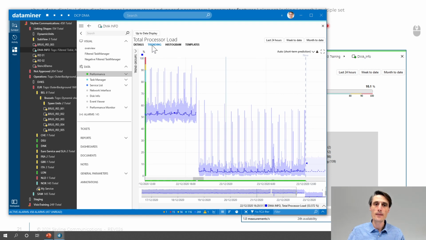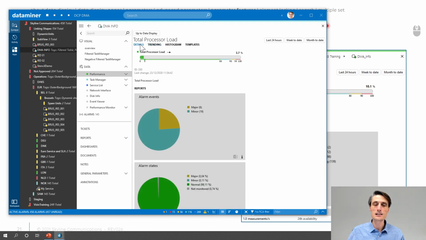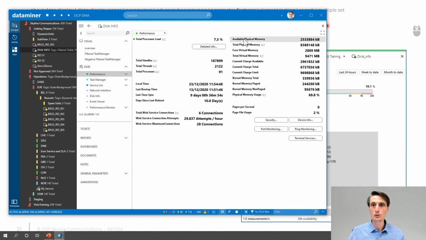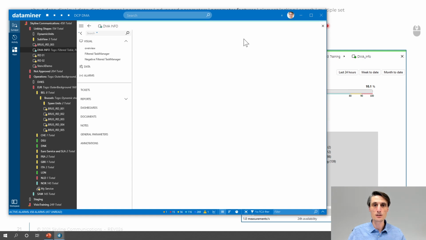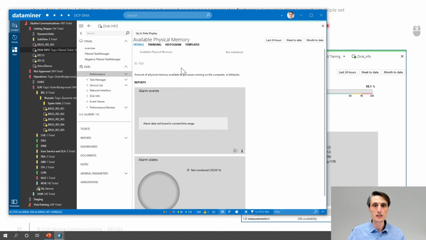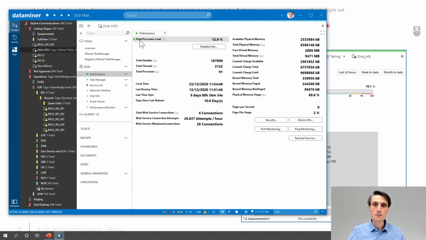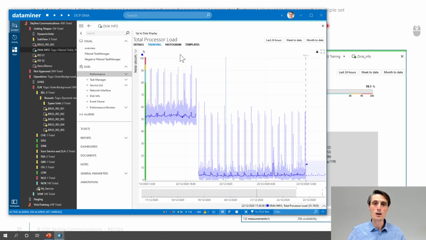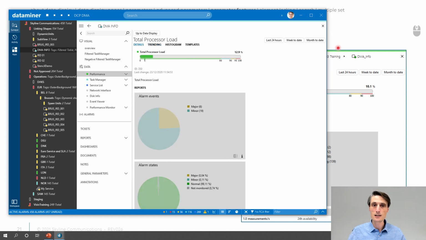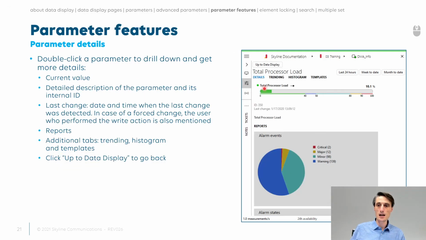But I'm here on the trending page. I can go to the details page. That's what I'm talking about in this session. We'll come back to trending in one of the following videos. If you want to go back, you can go up to data display. If I go to the available physical memory, double click on there, it will immediately show you the details because there is no trending. So in the details page, you will find some more details, like for instance, the ID,